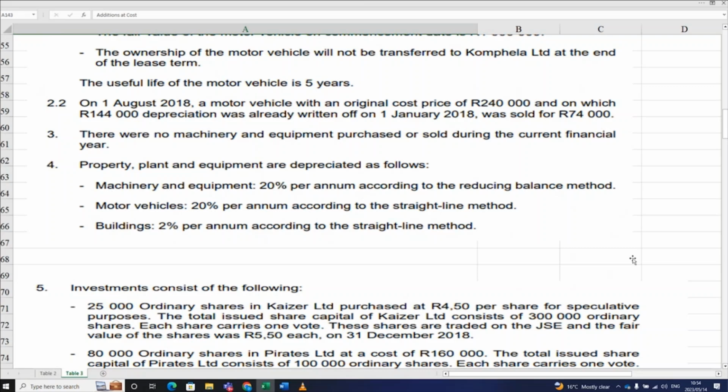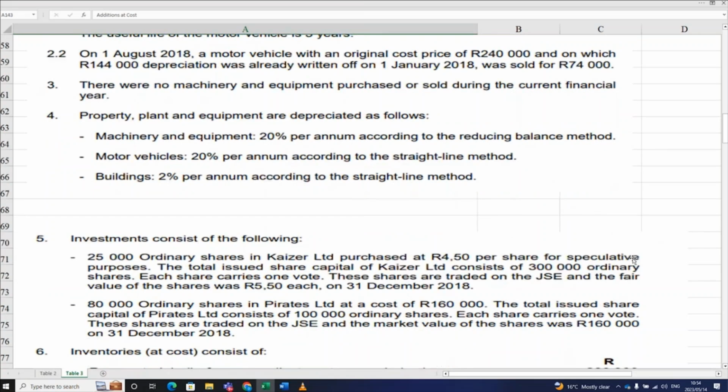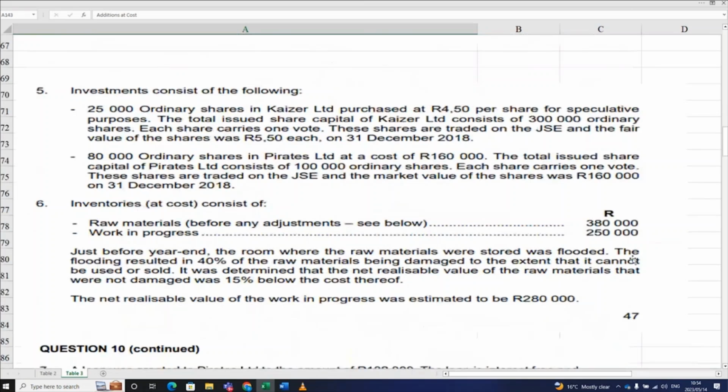Right, and then buildings 2% per annum according to the straight line method. Okay. And then investments consists of